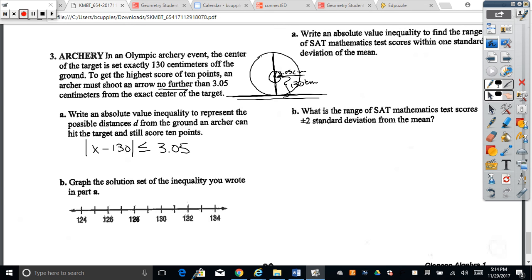Now we need to graph the solutions to the inequality. Again, this is the easy part. I know that once you guys are here, you're going to be good to go. The absolute value of x minus 130 is less than or equal to 3.05. Let's erase that. There we go. So if I go ahead and add 130,